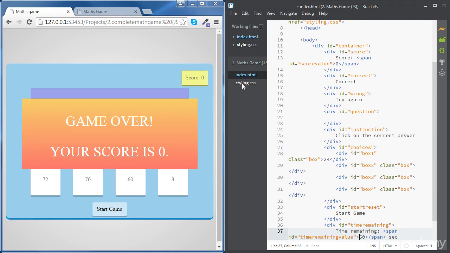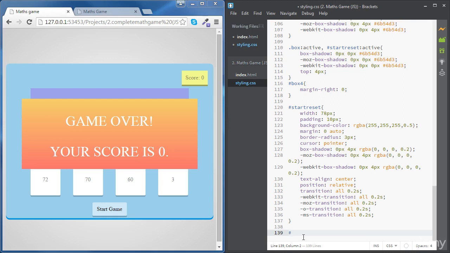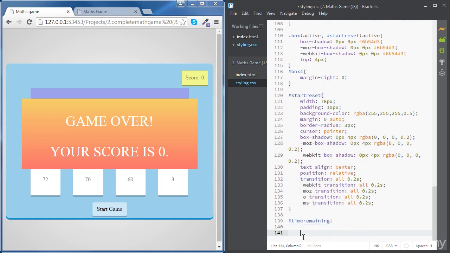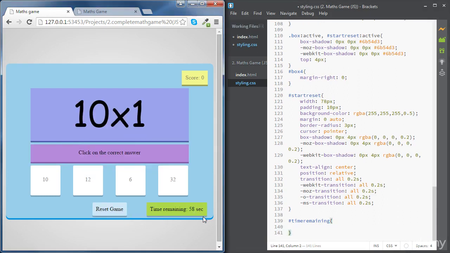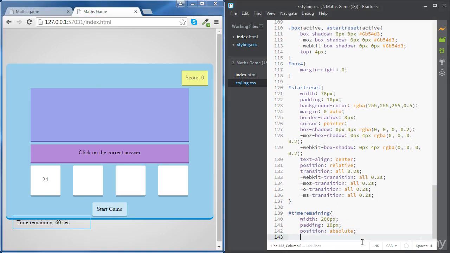Now let's go to the styling sheet and style the time remaining box. We're going to access it using its ID, which is time remaining. Let's give it some width and padding, then position it in our container. First of all, let's give it a width of 200 pixels and a padding of about 10 pixels. Let's position this inside our container, so we're going to give it a position attribute absolute. And then a top property of 300 pixels, or a bit more,